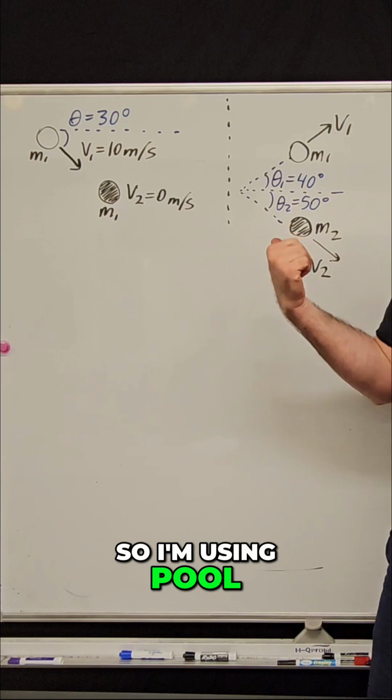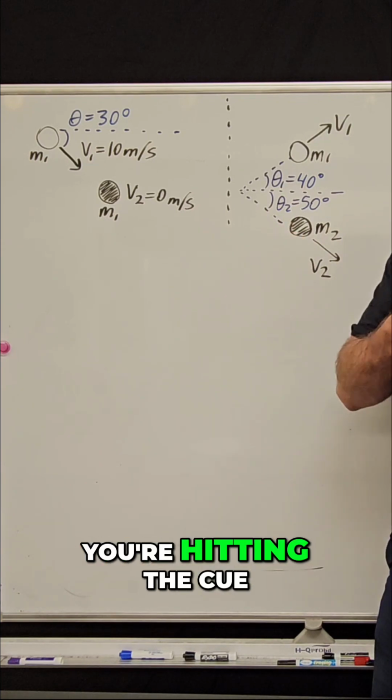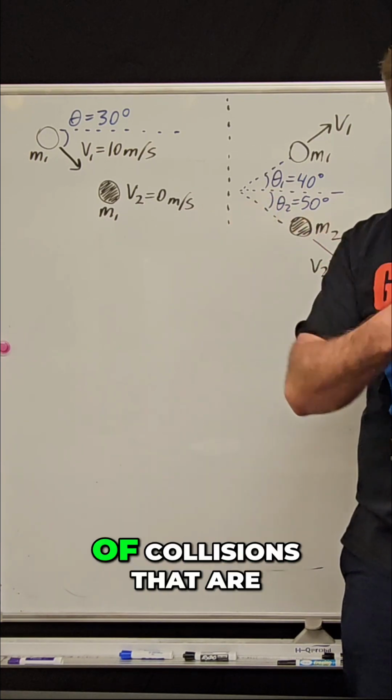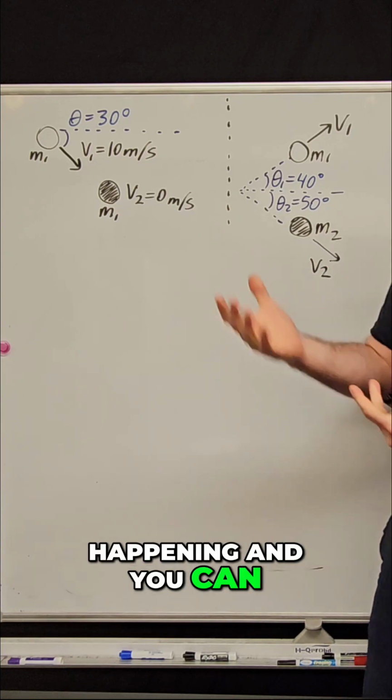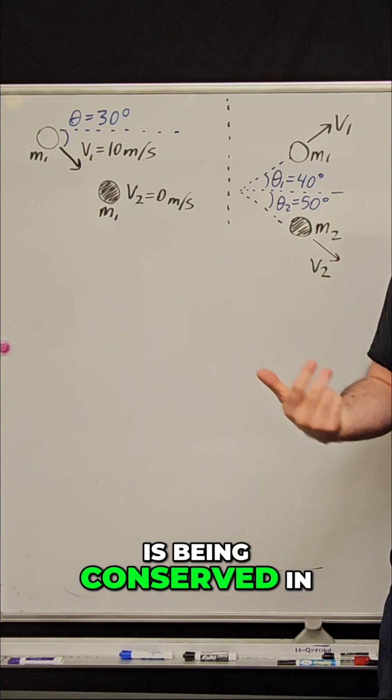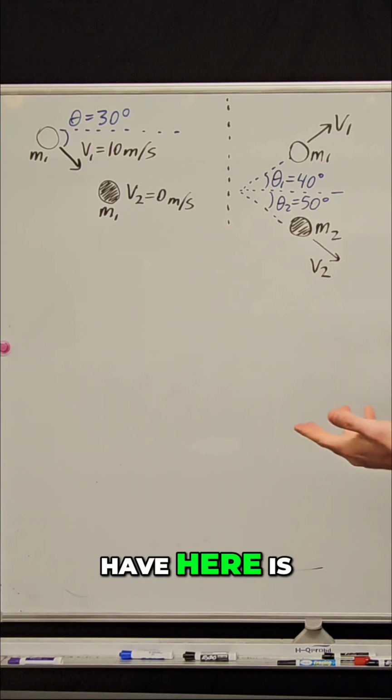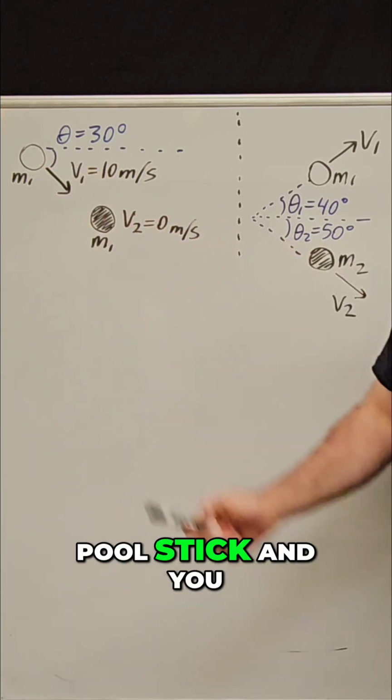I'm using pool as an example because it's a game where you're hitting the cue ball into other balls. So there are a lot of collisions happening, and you can see evidence that momentum is being conserved in this game. The example I have here is, imagine you take your pool stick and you hit this cue